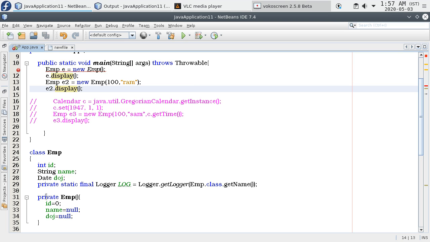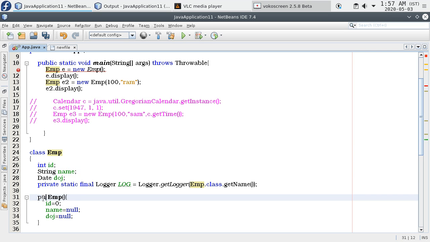So no one can create an object without parameters. Then how can you create an object of Employee? They provide a static method through which you can create an object of this Employee class. That is a different story, right?